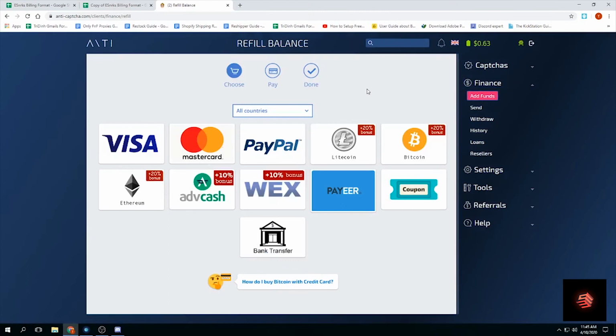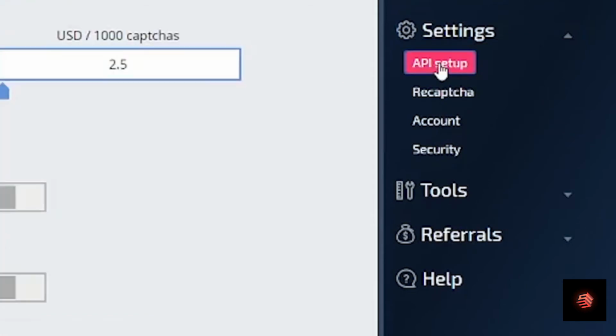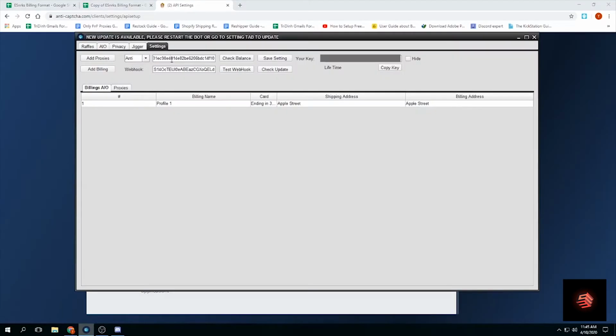You will need to register, then add balance. After that, go to settings, where you can find your Anti-Captcha key in API setup. After you paste the key into each sneaker, you can double check by clicking check balance. Captcha balance might last for a while. 10 USD you can use for 2, 3 or even 4 releases, depending on your amount of tasks.